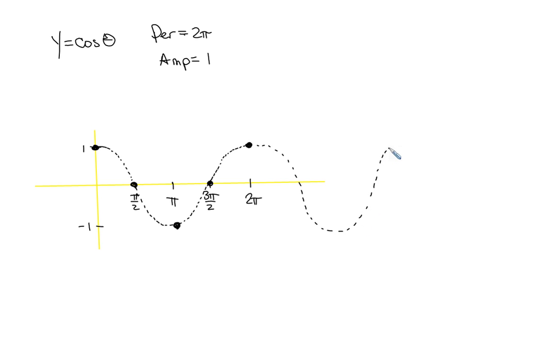Now you will notice, guys, that if we look at this curve, if instead of starting here, I started here, do you see that this period, if I start over at 3 pi over 2, this is nothing more than the sine curve. Sine and cosine are the same curve. They are just shifted